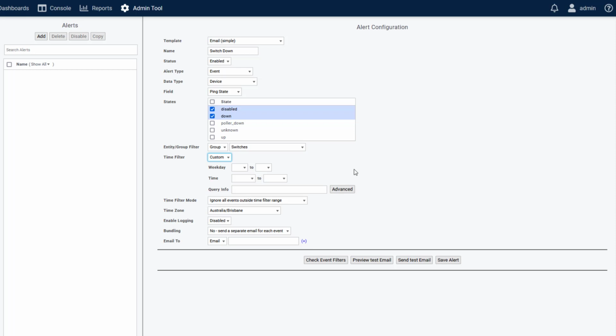editor. I'll drop in some basic business hours and I can set up another alert for how to deal with the switch events outside of hours. So Monday to Friday, 6:30 AM to 6 PM. And once you add a custom time filter, that time filter is added to the list for use in subsequent